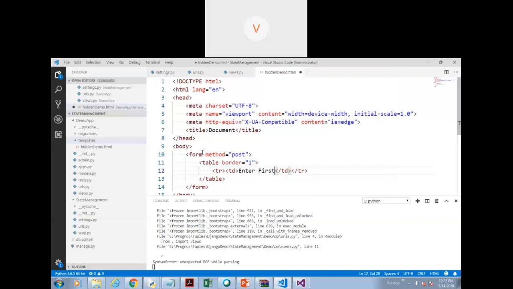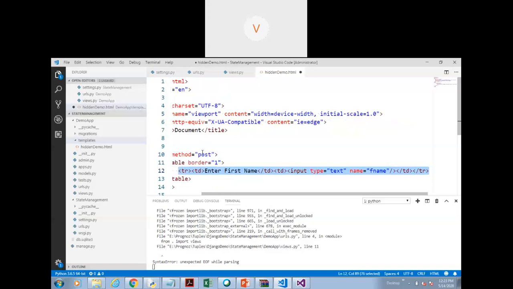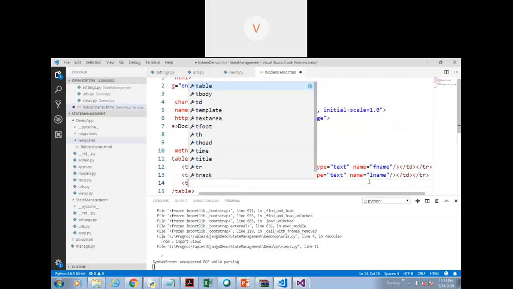Enter first name. Input type is equal to text, name is equal to fname. Then here we will have last name, lname.